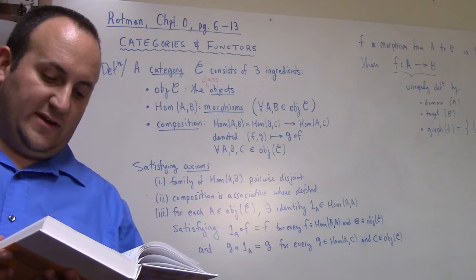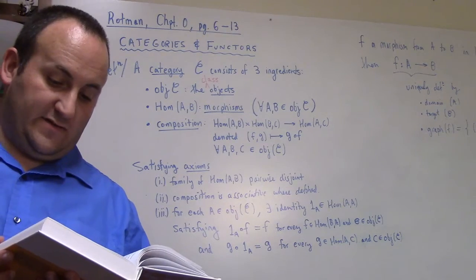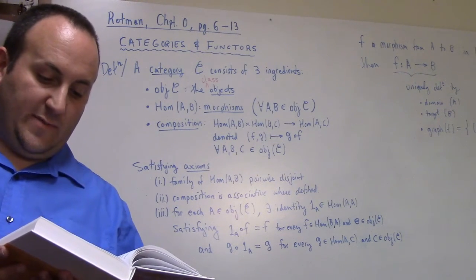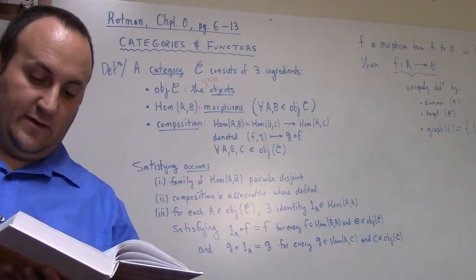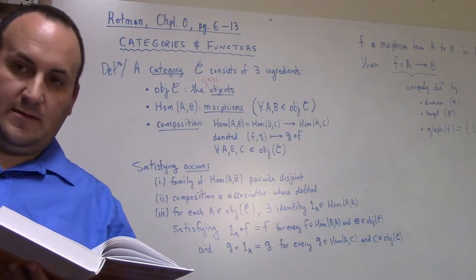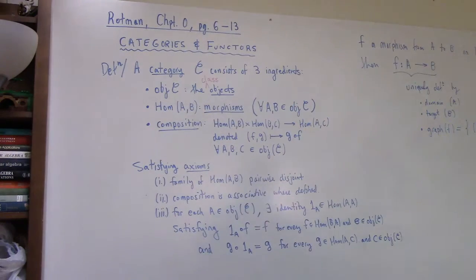Our requirement in the definition of category that Hom sets are pairwise disjoint is a reflection of our insistence, like you were saying, that a function f from A to B be given by its domain, its target, and its graph. Right? Yeah, so it's not morphisms, it's functions. Okay, so this comment I'm making is about functions, I suppose.